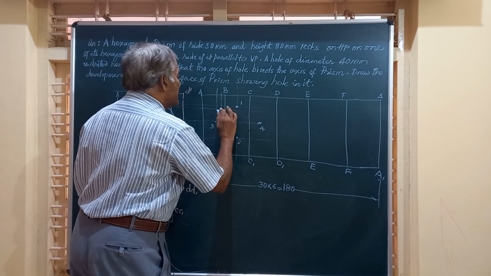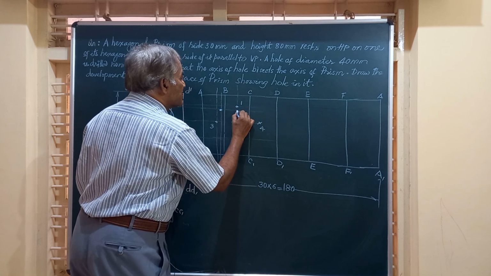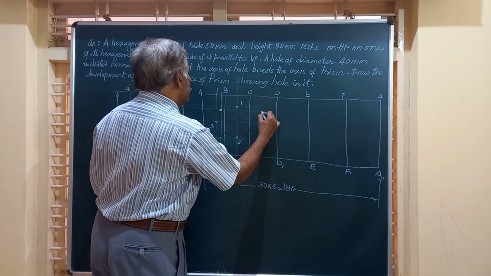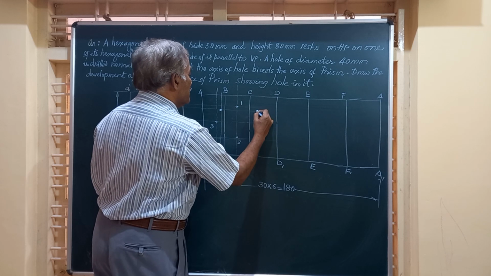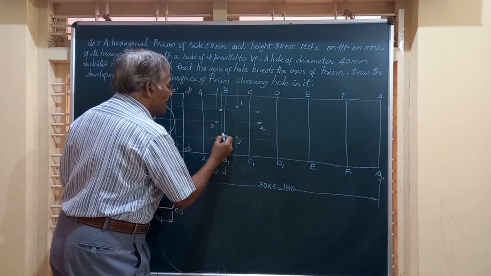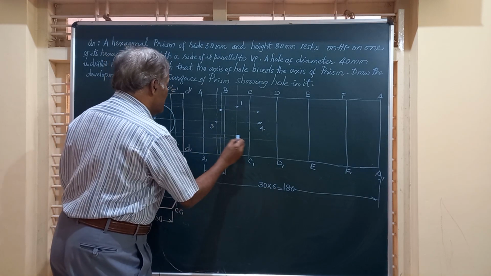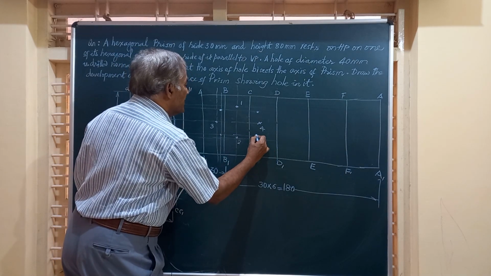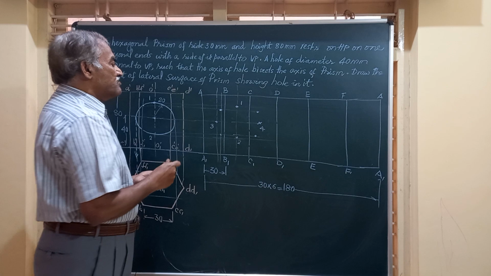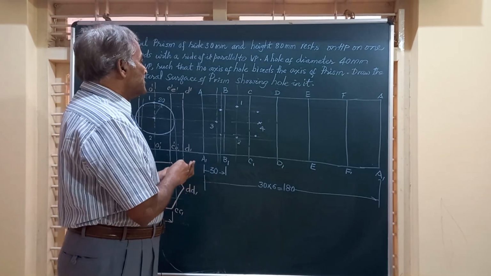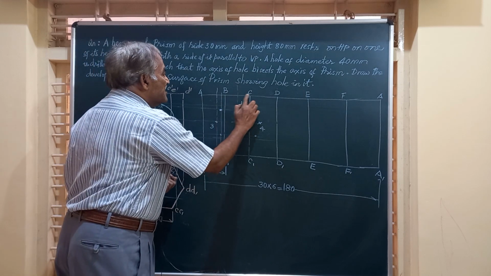Similarly, friends, on the other end, at the same distance from this, you can have one more point here, one more point here. Likewise, symmetrically on the other end, you will have the point here, one here, and also one more here. Friends, join all these by a smooth curve. What happens? There is an important point to be noticed here. Friends, this rectangle